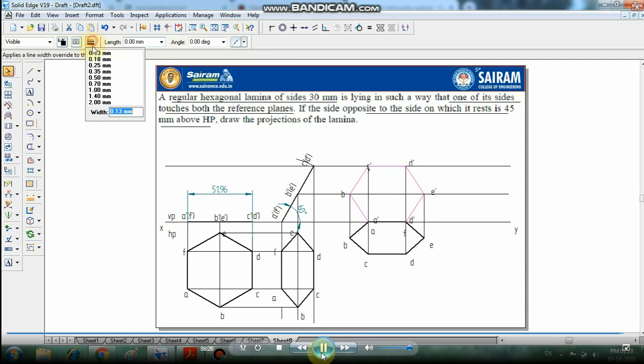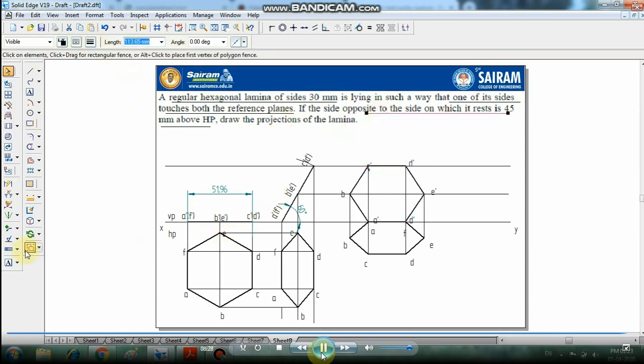Select this and make it 0.5 mm thickness. Now this is the problem; draw the dimension of the hexagon and the angle between them, and trim the unwanted things.